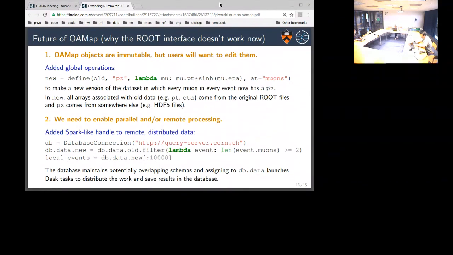It can infer a schema over it. It might not be the schema that you want, but then you can tweak that schema that it produces. Usually the problem is the names are misleading. And for some well-known data types like CMS Nano AOD, a lot of people use the same structure, so we can have an already existing function for that to convert all the names into reasonable names.